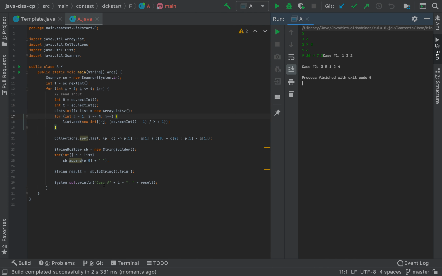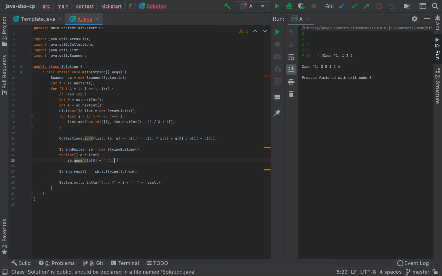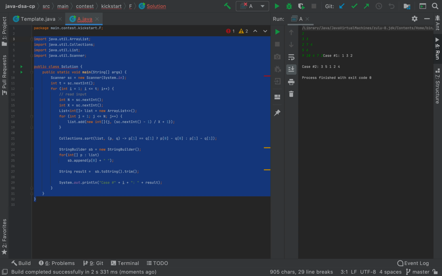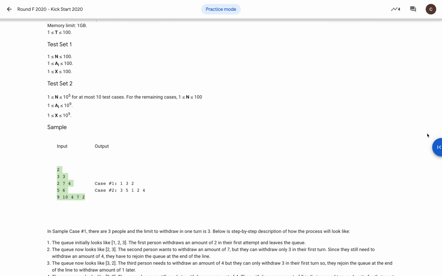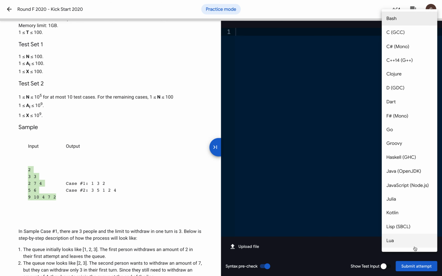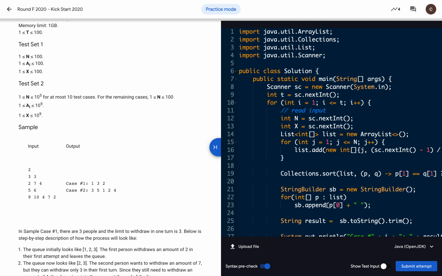So now we can submit this code, and make sure before submission that the name of the class is Solution, not A. So this will be copied here, and don't paste the package name. Let's copy this and go to the editor, select the language as Java and paste the code.